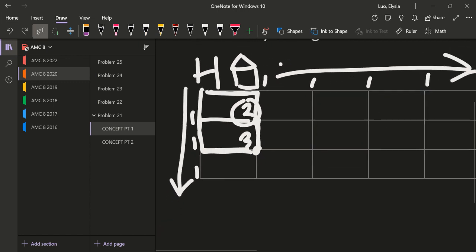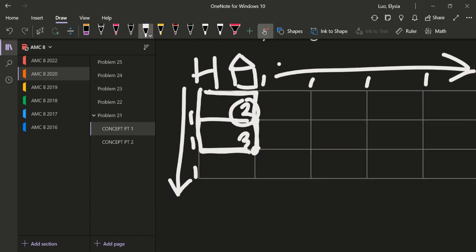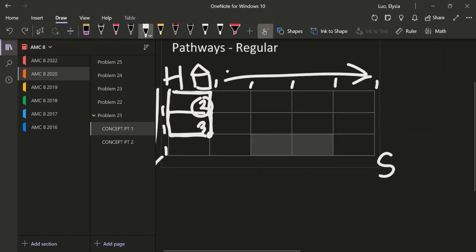Now, if you keep going with this pattern, you will find that the answer to this question will be 56. Now, I'm not going to waste any more time just doing addition and solving the question, but I'm going to teach you another way of solving the pathway questions